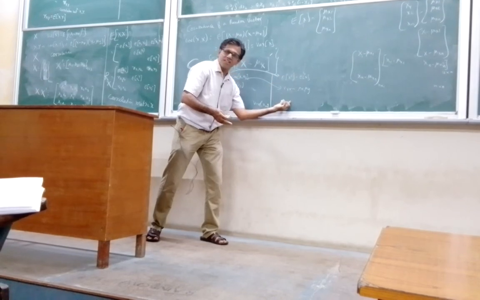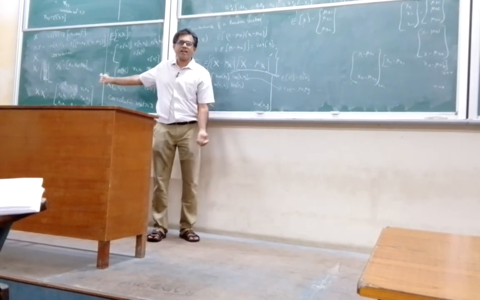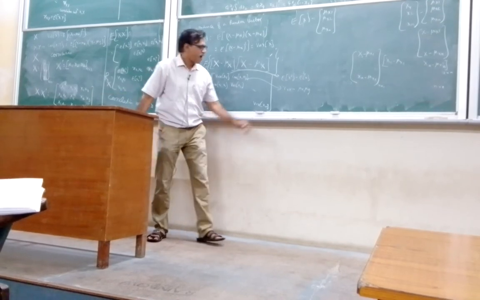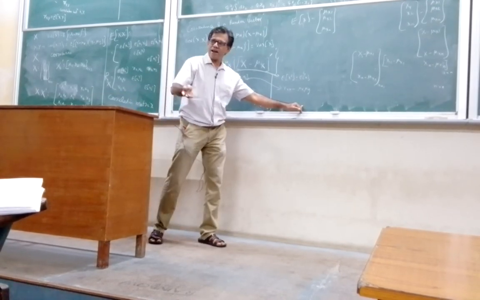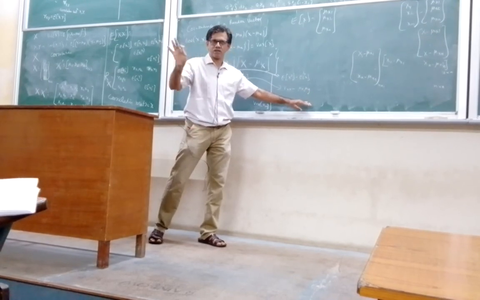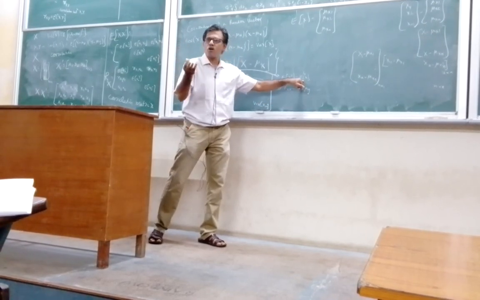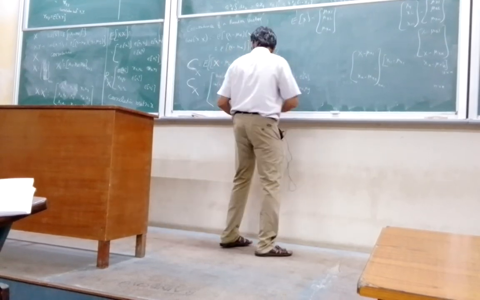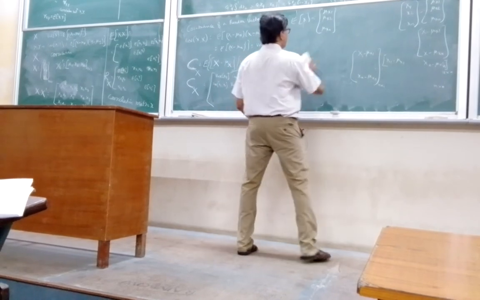If you arrange all these things, I get the correlation matrix. And the other one will be a matrix of mu x mu y combinations. In fact, this is also the same thing, mu x mu x. So what we will end up having is that we can write this